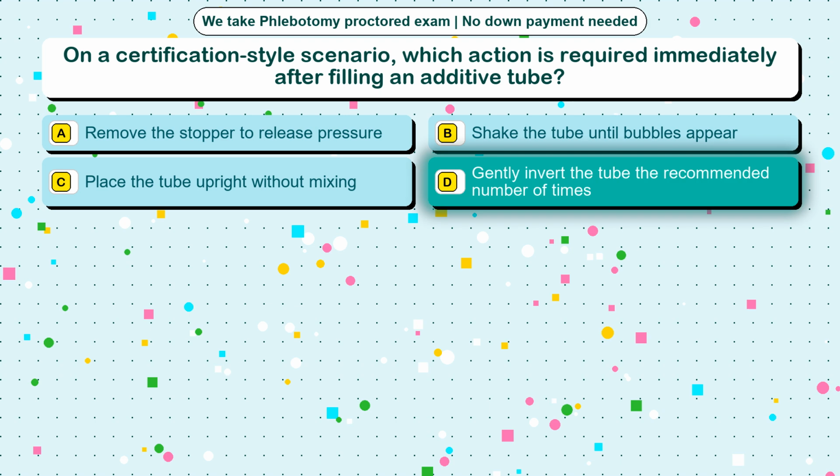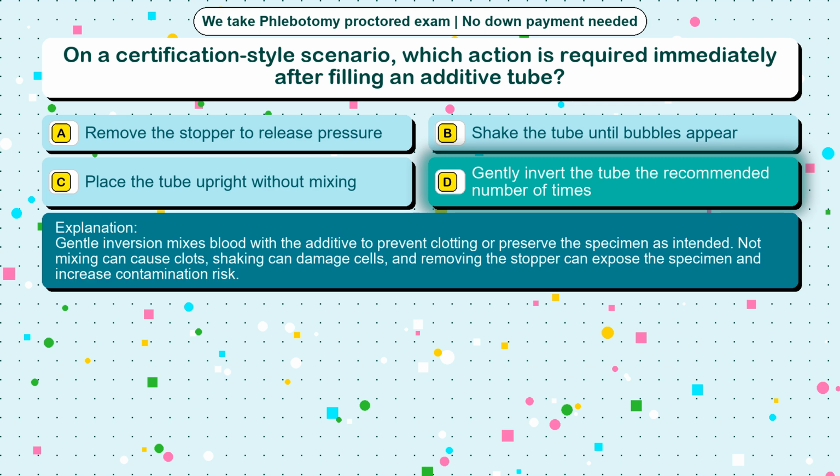The correct answer is option D, gently invert the tube the recommended number of times. Gentle inversion mixes blood with the additive to prevent clotting or preserve the specimen as intended. Not mixing can cause clots, shaking can damage cells, and removing the stopper can expose the specimen and increase contamination